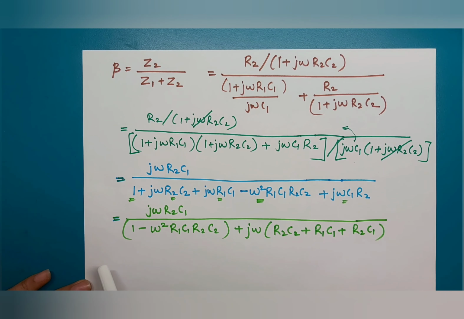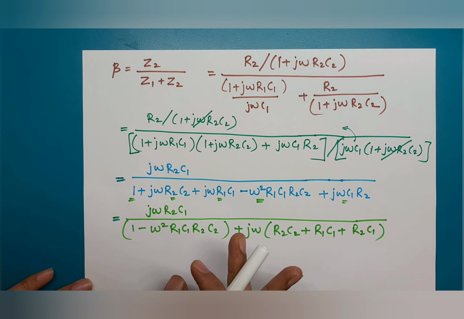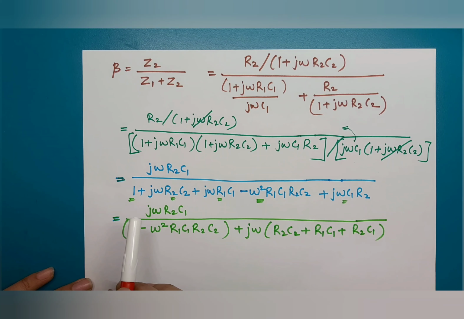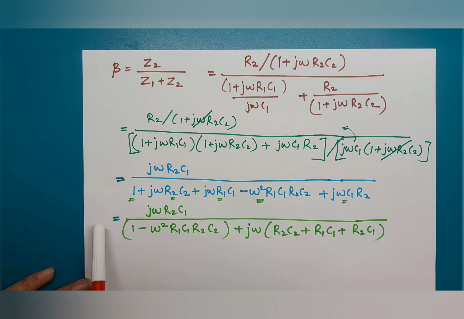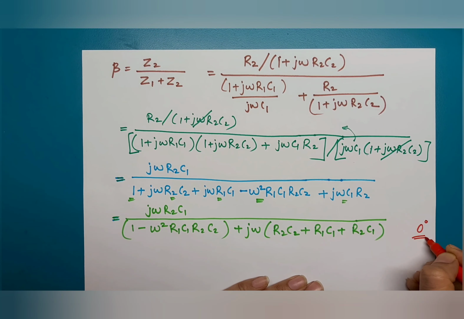As per our discussion, we have seen that the amplifier used in the Wien-Bridge oscillator is a two-stage amplifier which provides 0 degree phase shift. So the condition for beta is that the feedback network should also provide the 0 degree phase shift only. As per that, beta phase angle should be 0 degrees is the condition.